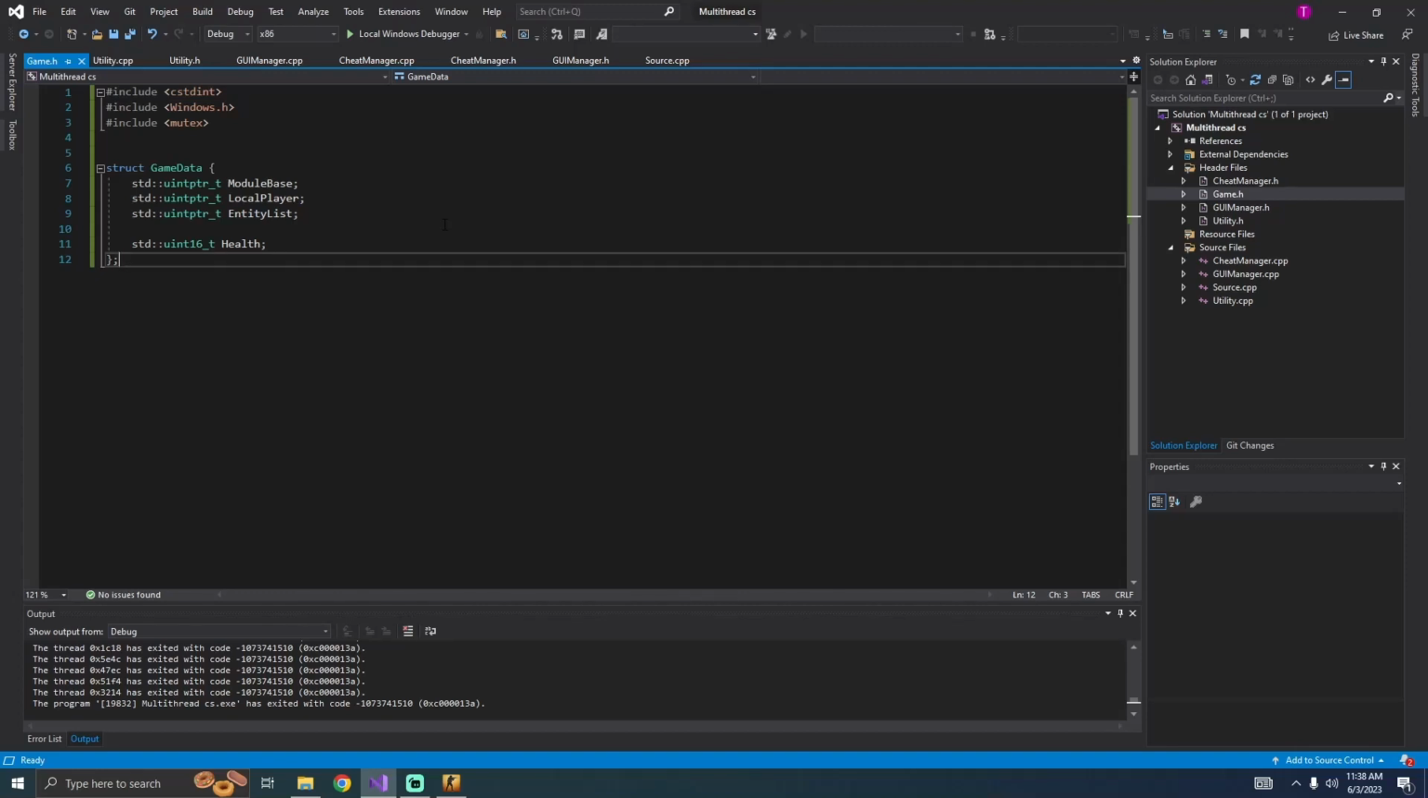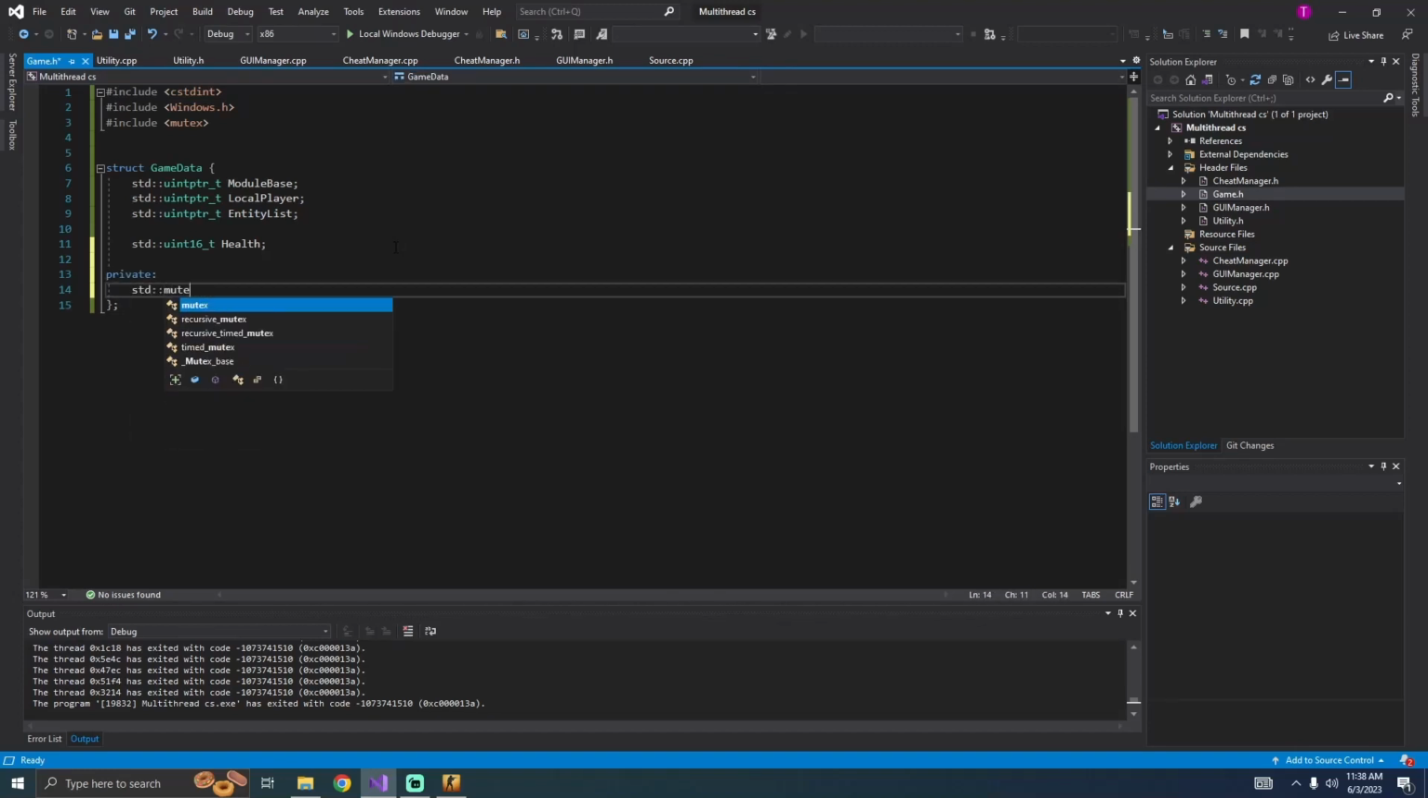And I also started working on this game data struct. So what I'm going to do now is define a thread safe structure, because the GUI manager is going to be reading from this to display it, and the cheat manager is going to be writing to it. This is a cool little technique you can use with mutexes when you're working around structures, because obviously you can only have atomic primitive data types. But what I can do is have a private std mutex mute,